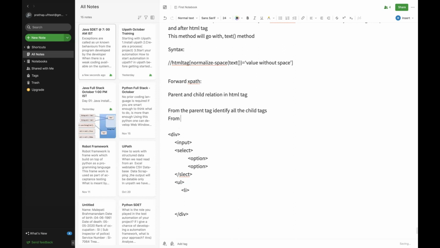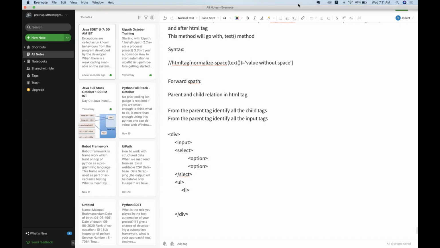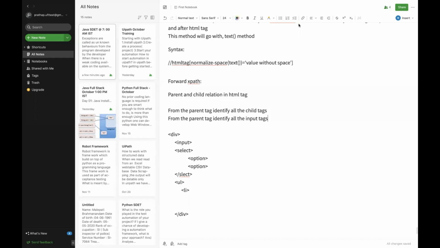The next question is, from the parent tag, identify all the input tags. Now for this scenario, how can we write the XPath?